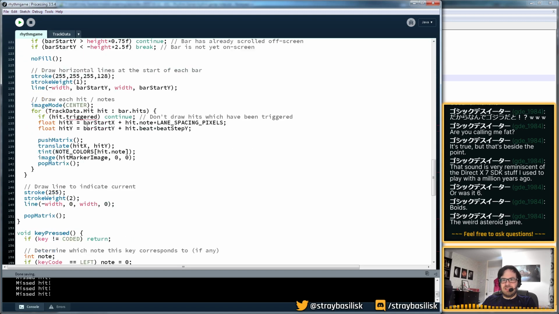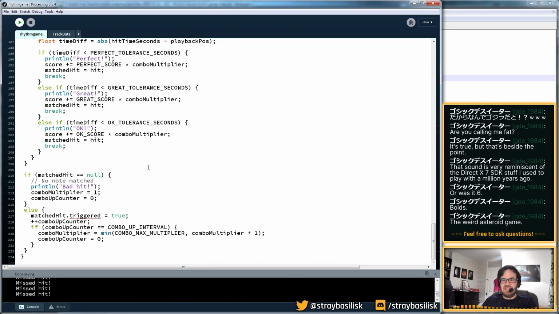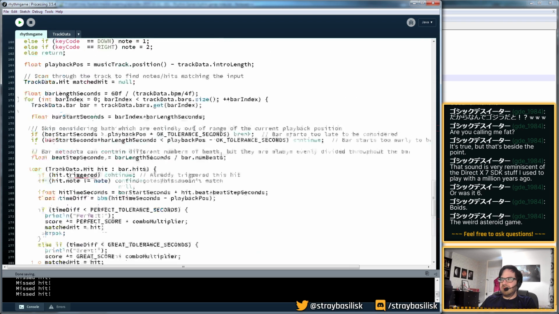So now we can do something like, rather than setting it triggered, if hit.state is not equal to... Oh, actually we can probably do a switch based on this now, right? So for now we'll leave that out. And when we set or change the state, the state becomes trackData.hit success. Is that right? Yes. And then when we miss the thing,